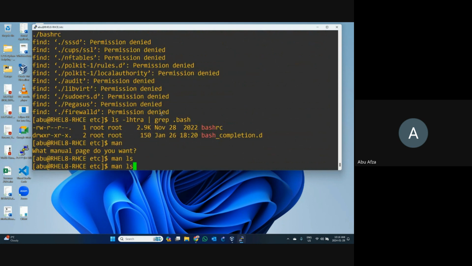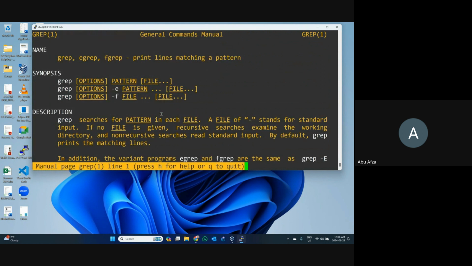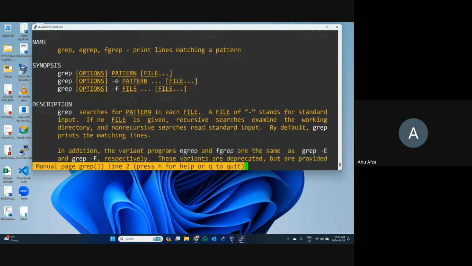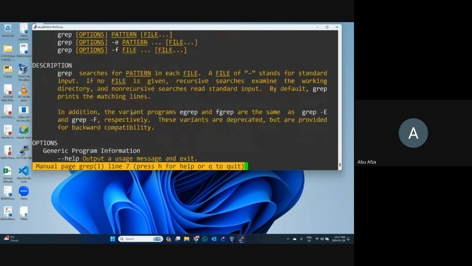If you want to search for any other thing, let's write man, and man means manual page. After that write grep. Press enter. Then in the same way you can see grep, egrep, fgrep, print lines matching a pattern. So we can use grep for matching, that means searching purposes.